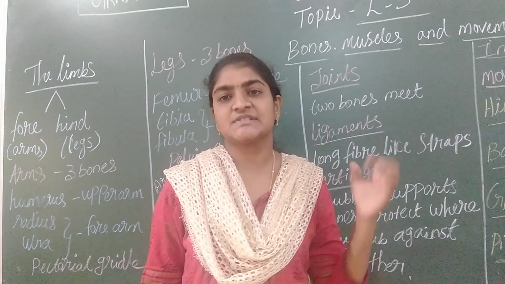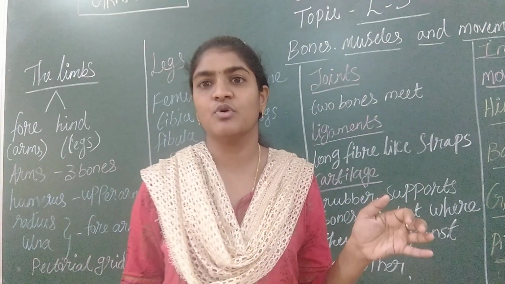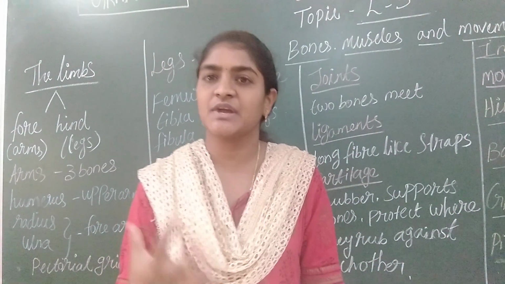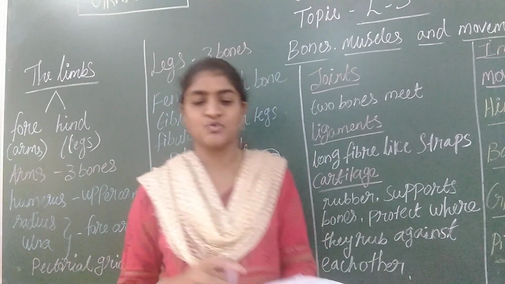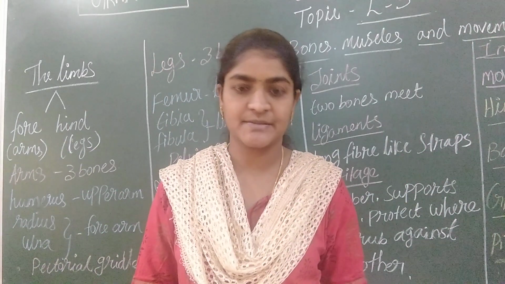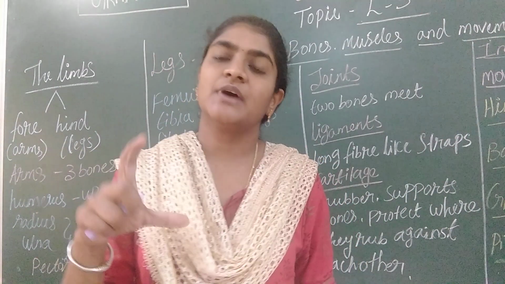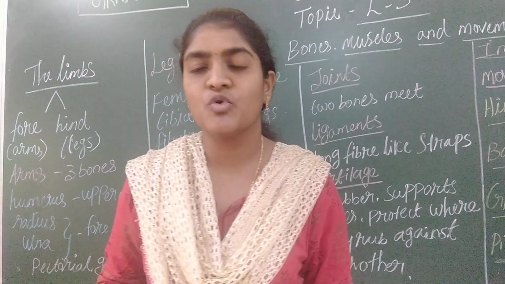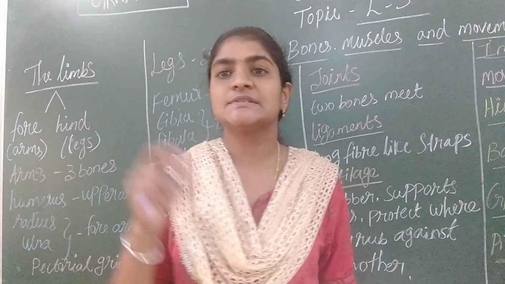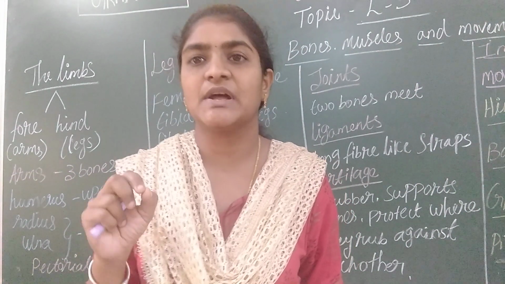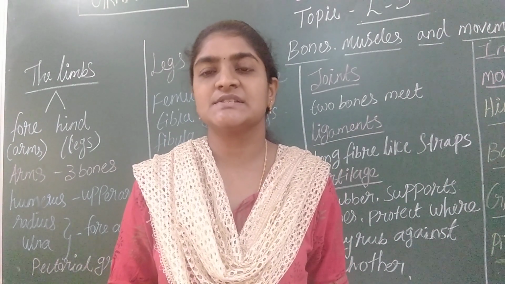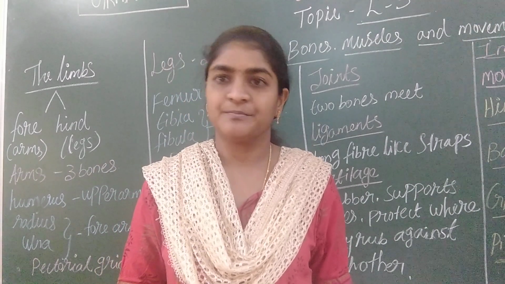The skeletal system is divided into 3 parts, that is bones. The skeletal system is made up of bone. We have 206 bones in our body. All the bones join together and form a complete skeletal system. I have already explained the structure of the bone. The hard outer covering is very hard, and inside the bone it is very soft and spongy in nature. There the RBC cells are produced for our body.